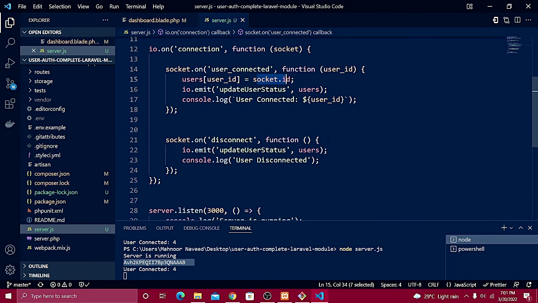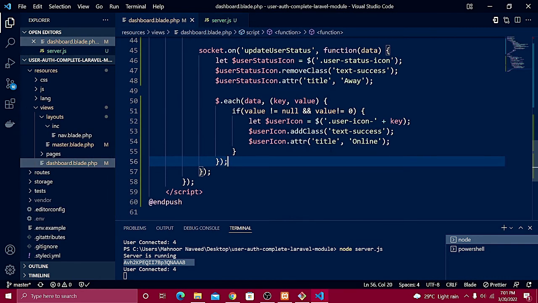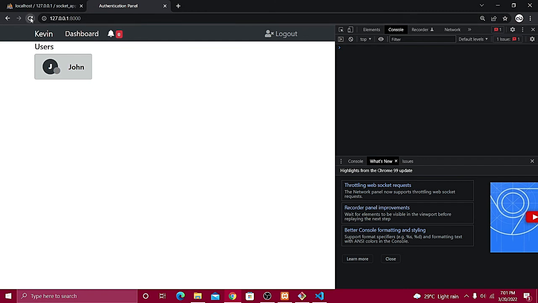All right, but this is not going to only work, because once the user logged in, yes, we are able to log the user. If I'm going to show you real quick, if I just want to run the server again, and if I just try to refresh this,